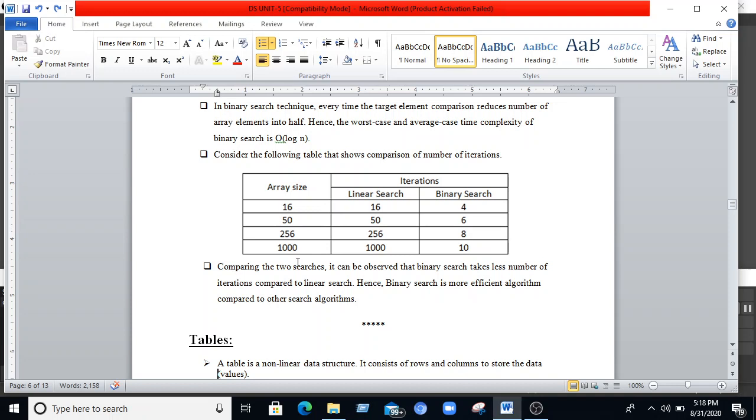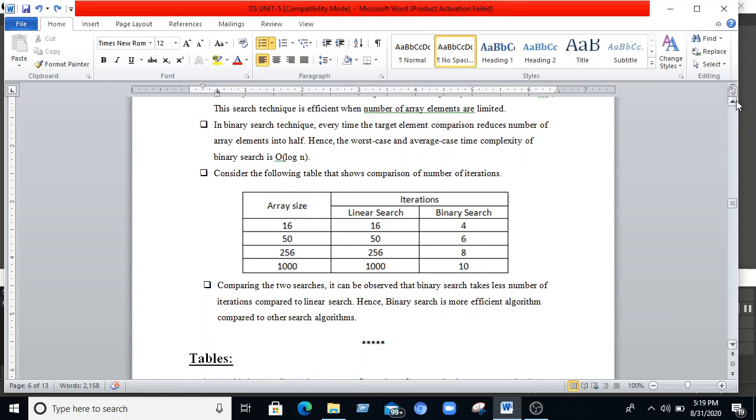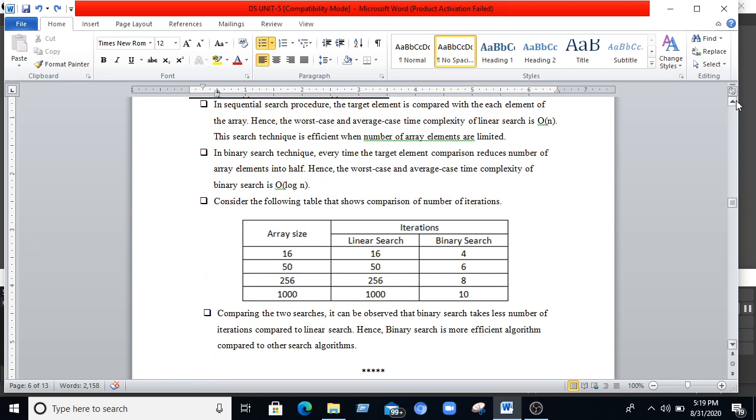If the array size is 1000, linear search is 1000, and binary search is 10. Comparing the two searches, we can observe that binary search takes fewer comparisons and fewer iterations when compared to linear search. Hence, we can say that binary search is a more efficient algorithm when compared to the other searching algorithms.